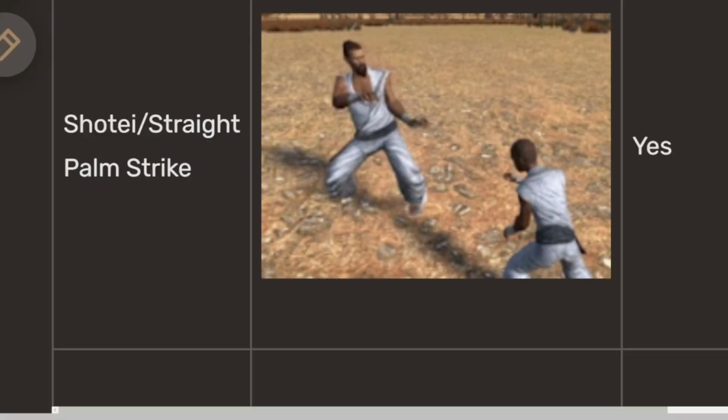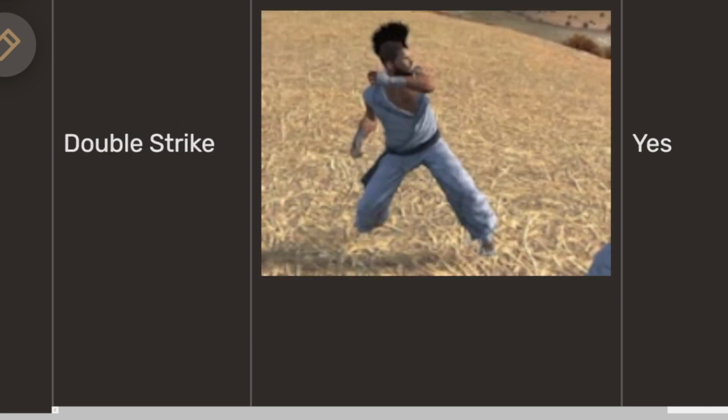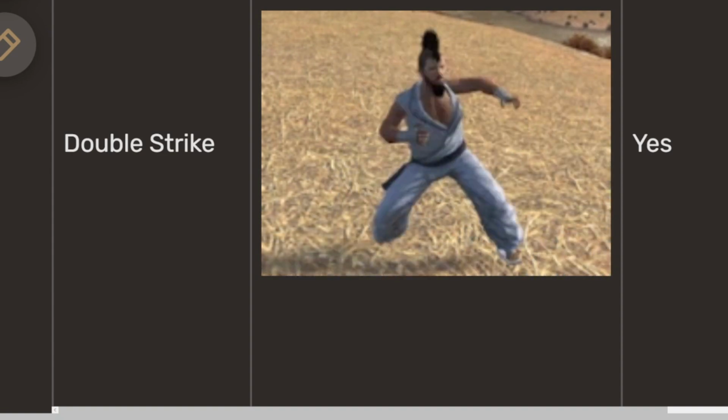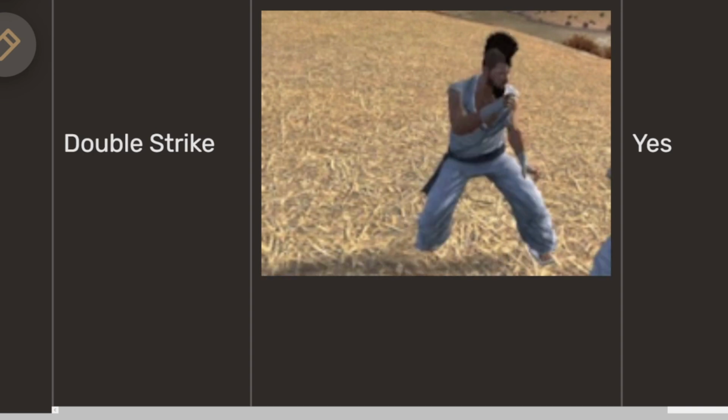Before we get to the last move, I'm going to group all these next martial arts moves together. These include the shote, or straight palm strike, the double strike, the double punch high and the double punch mid. These are all practically the same move, a palm strike, and I feel grouping them together will be best. Palm strikes are heavily debated on whether they should be used in real-life fights or competitions for a group of